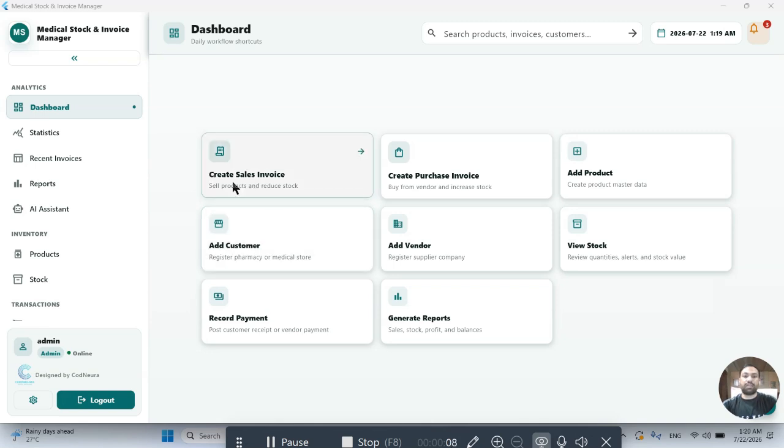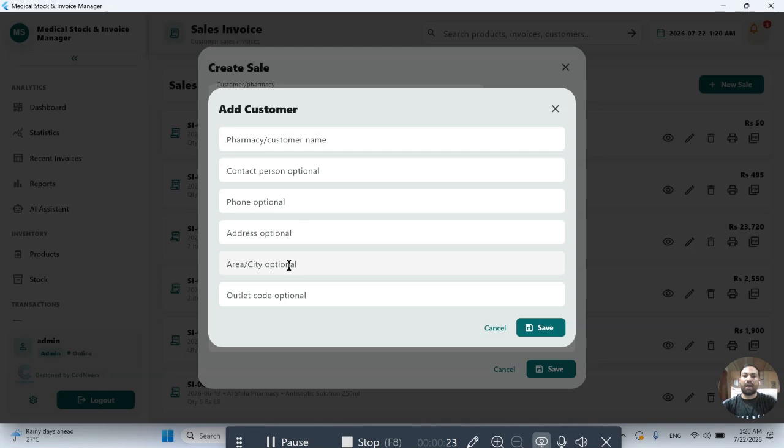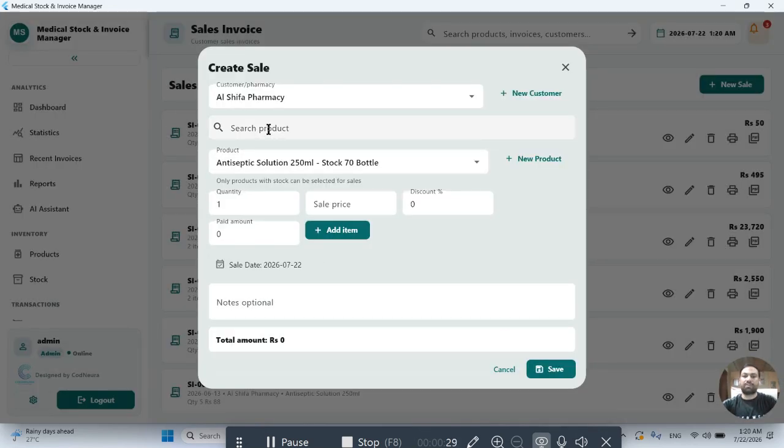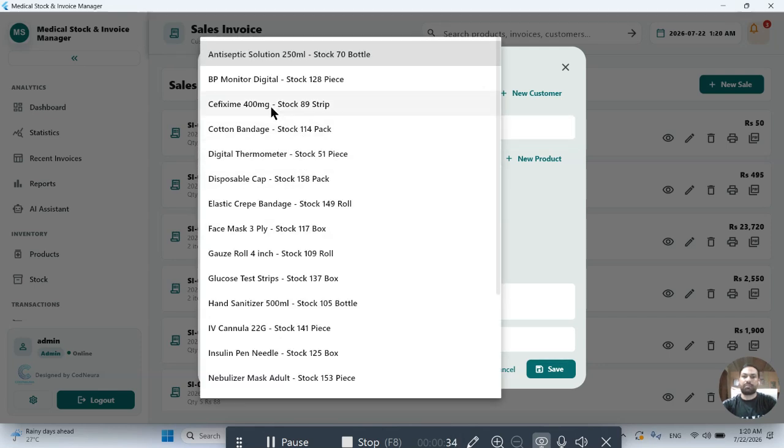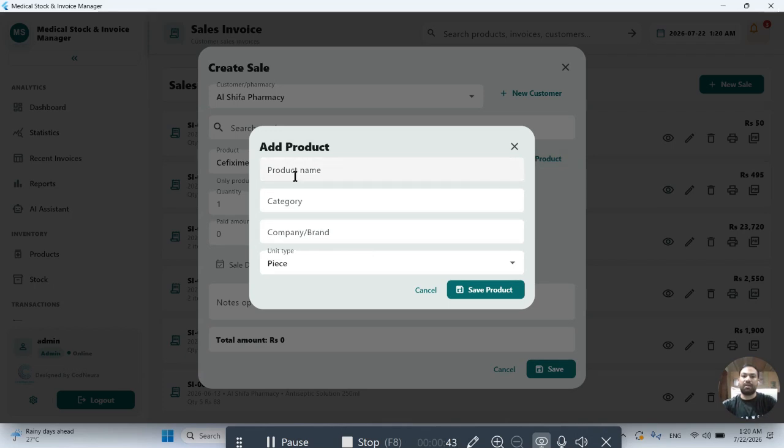You just have to click on create sale invoice, and then you have to choose your customer. If you don't have the customer already, then you have to click on new customer. You have to add particulars, and then just save it. After that you have to select the product from here, and we have a drop menu here. You can select the product from here also. If you don't have the product, you can add a new product from this button. You have to add the product detail and type of unit, brand, category, and then save